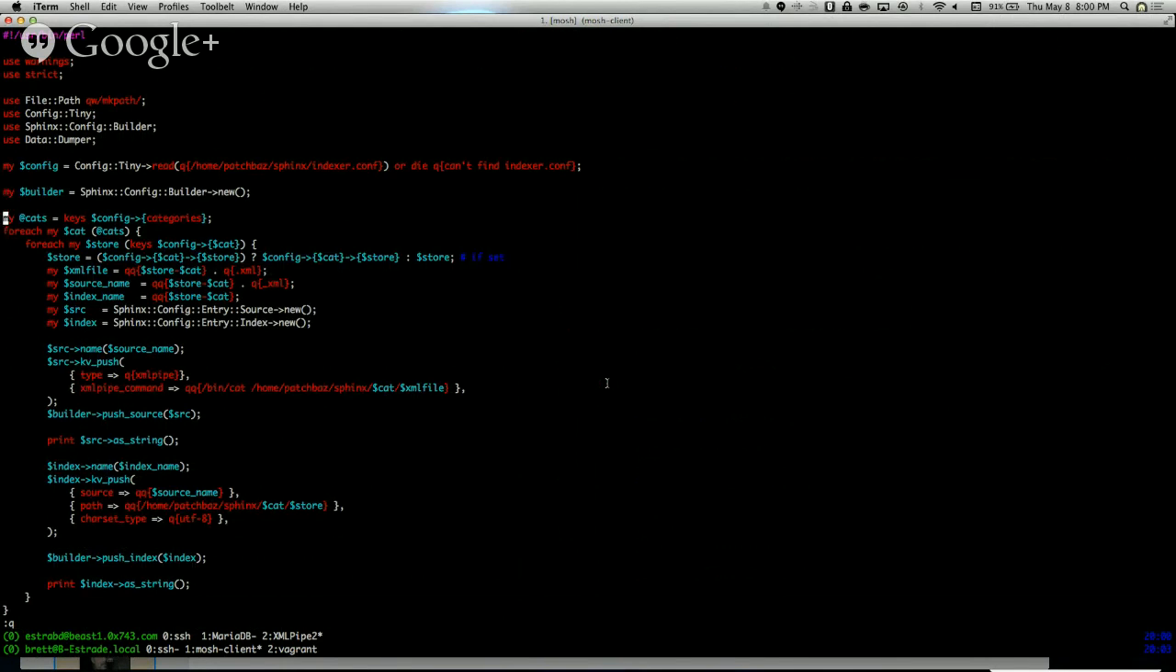module, and literally all I do is iterate over all of the categories that were in that configuration file that you see. When I want to create a new source section, that's this line right here. So I just create a new Sphinx config entry source reference, and then I create an index section, and then I set the name. So I set different attributes, set the name. This KV push is just a configuration key value pair that I push, and then